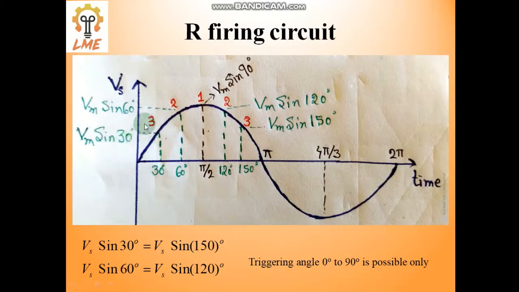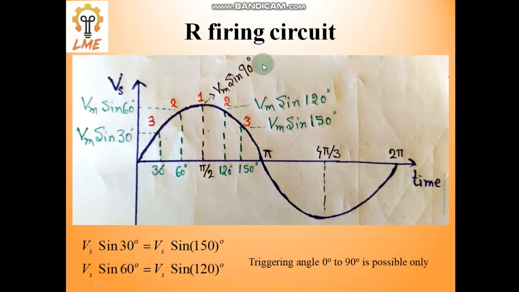is required. When Vm sin 60 is applied, which is more than Vm sin 30, the gate current required at that time is 2 ampere, because here the anode-cathode pressure is more compared to Vm sin 30, so that is why the required gate current is less. When it is Vm sin 90, the maximum potential difference is created between anode and cathode, then a very small gate current is required, that is 1 ampere.